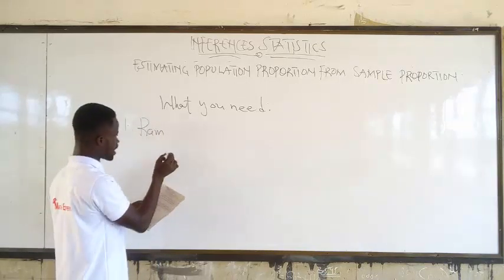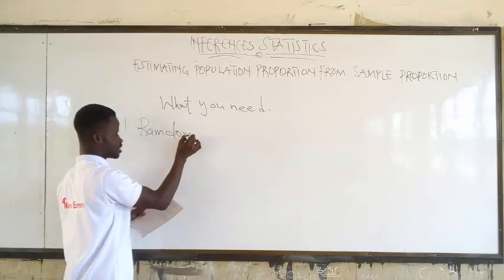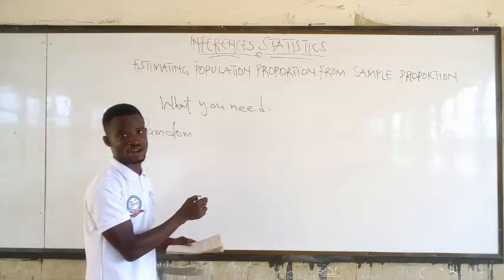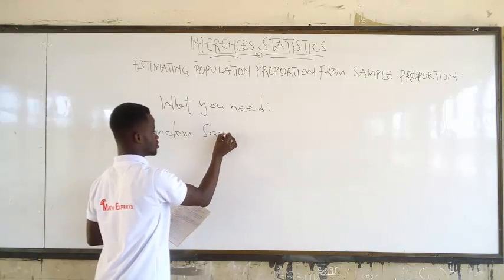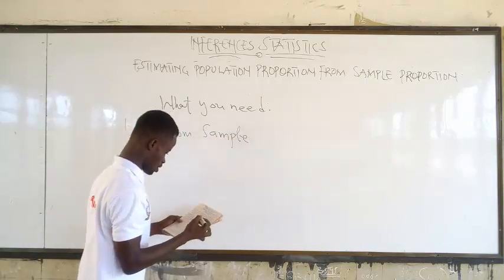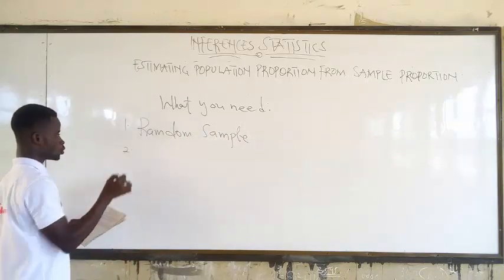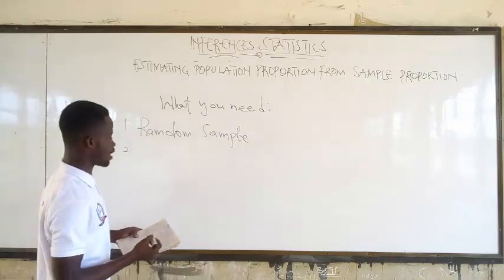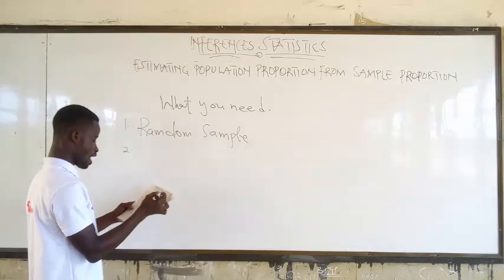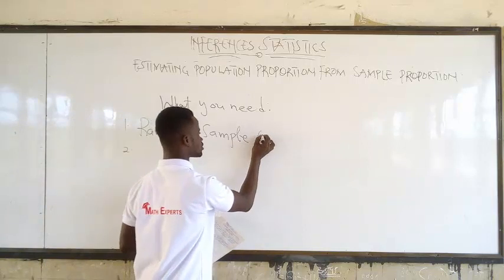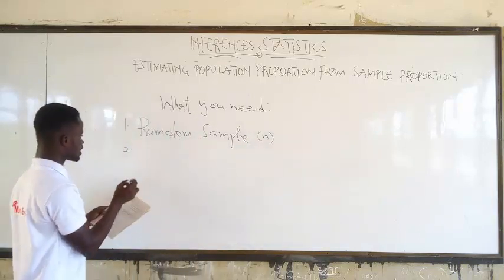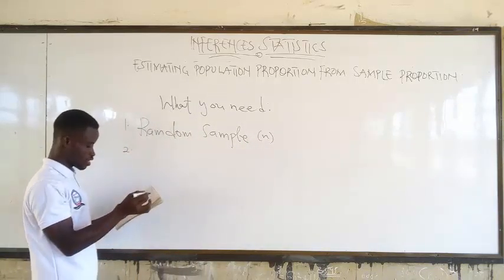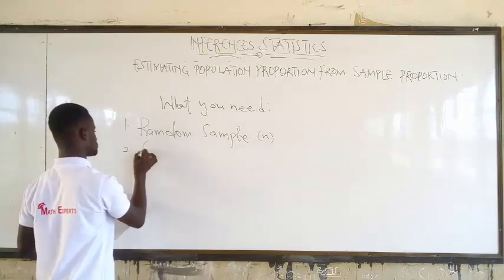It's the same idea, because it's not your first time hearing random sample. You know that the size of the random sample is n. The second thing you need is the condition of